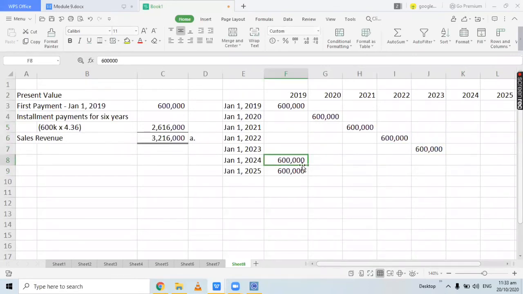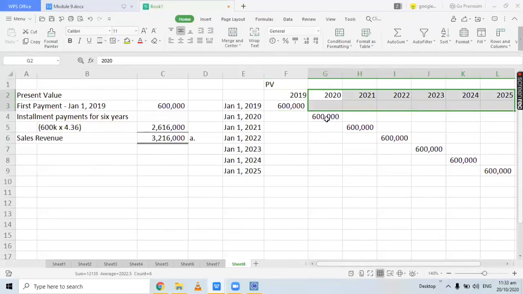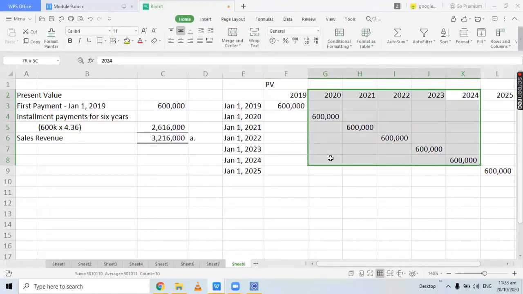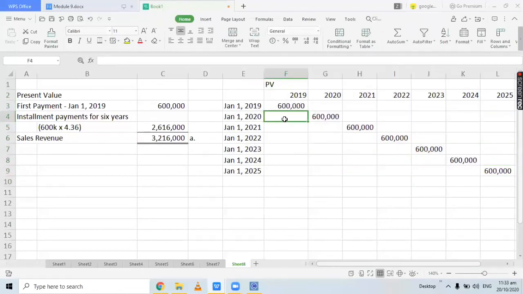Because this 600,000 is the future value. Right? The goal of discounting is to bring the amount into the present value, because on 2019, this is our present value. So, like what I've mentioned, for the first payment, the future value or face value is 600,000, and the present value is still 600,000. For 2020, it's different. 1 period, 2 periods, 3 periods, 4, 5, and 6 periods. The interest rate is 10%. So if we discount 600,000 at 10%, the present value,